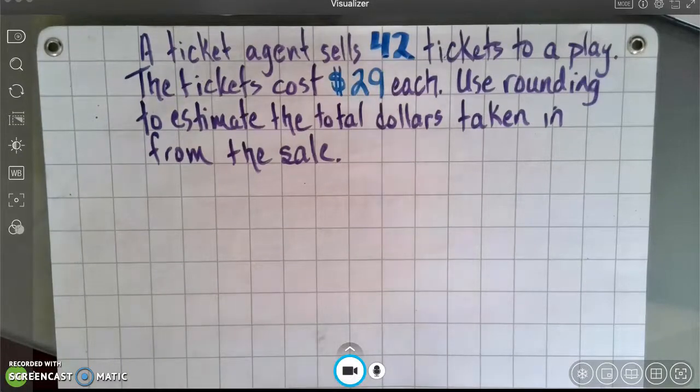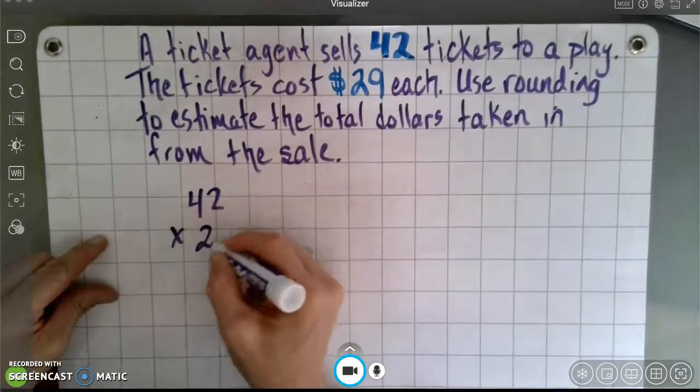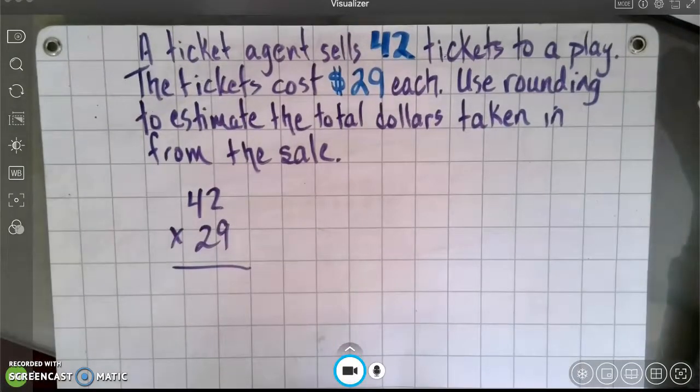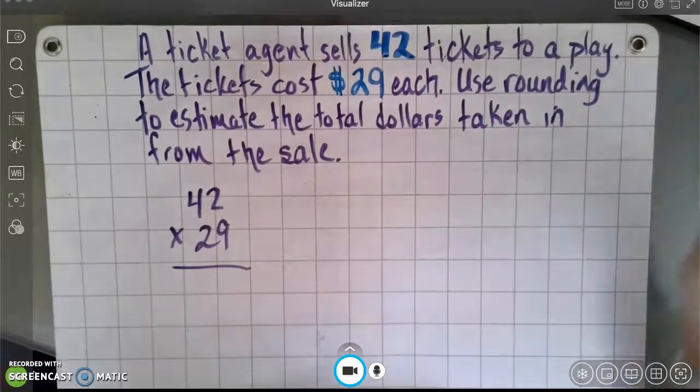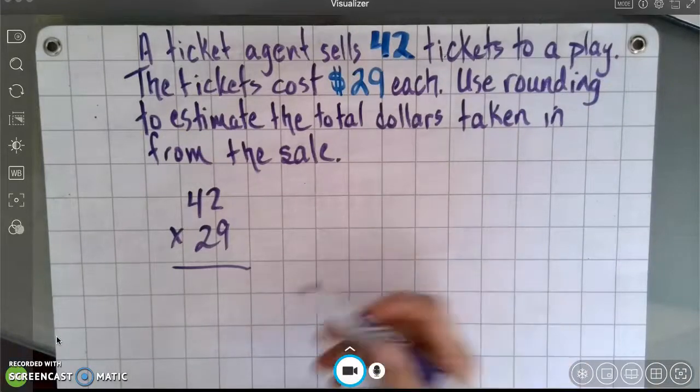I mean, if we wanted, we could write down the exact number, 42 times 29. But we want to round the numbers first and then multiply. So if we want to round, and we really just have two places here, if we're going to round anything, it's going to be to the nearest 10 because that's the largest place